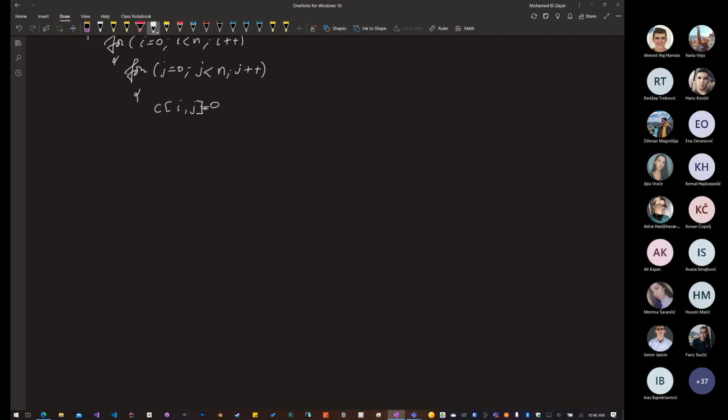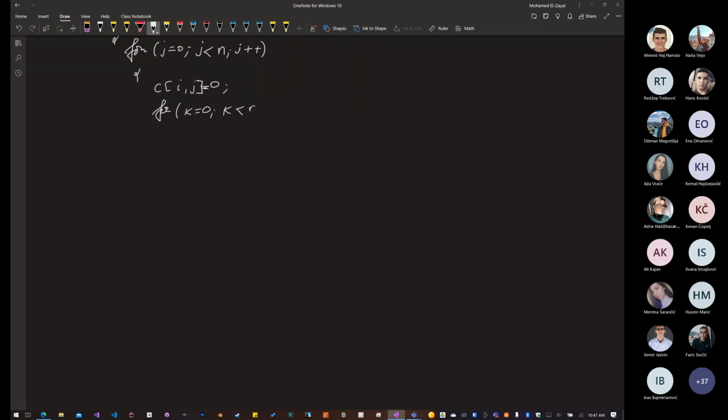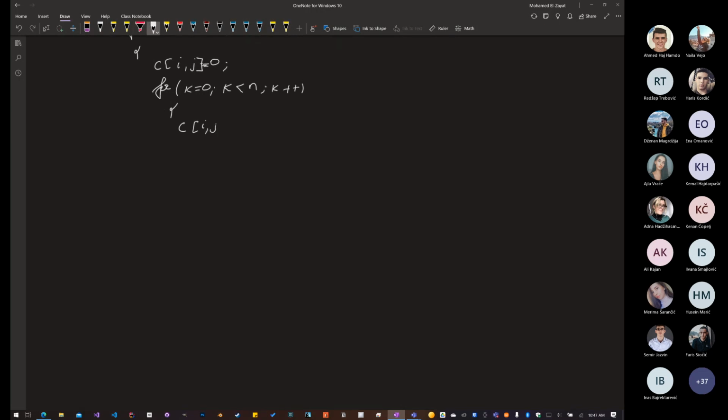But we do not forget the other bracket, and then we're going to have another for loop: for k equals 0, k is less than n, k plus plus. Then we have C of i, j equals C